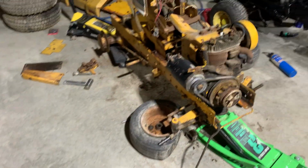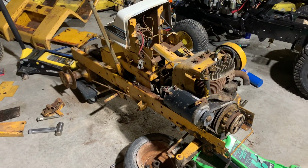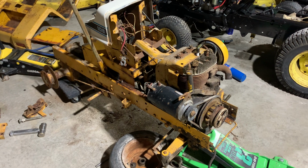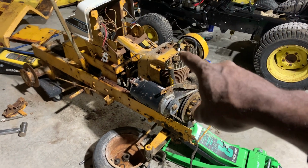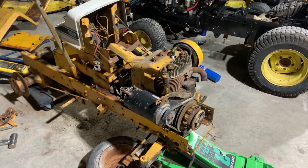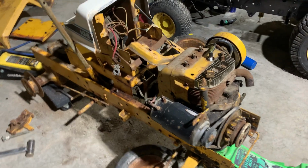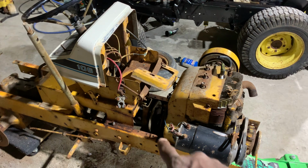So if you guys saw my last video, we got the Cub Cadet International Harvester torn down. I got the engine unbolted from the trans axle, and I've got it moved forward. Well, you have to do that in reverse. You have to unbolt it, then move it forward. I've got to separate